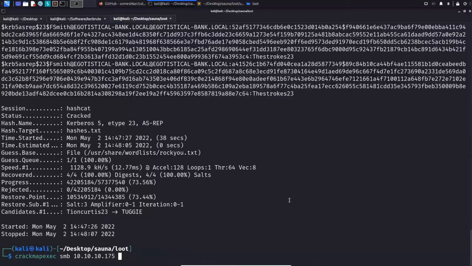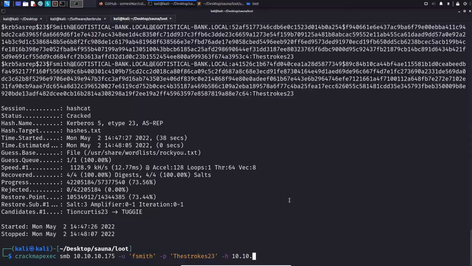And that's the host. We do have a user, and that is F. Smith with the password thestrokes23. And the host is then,